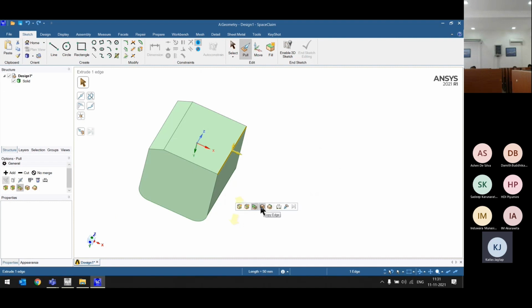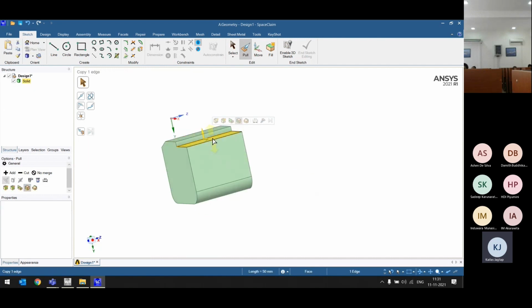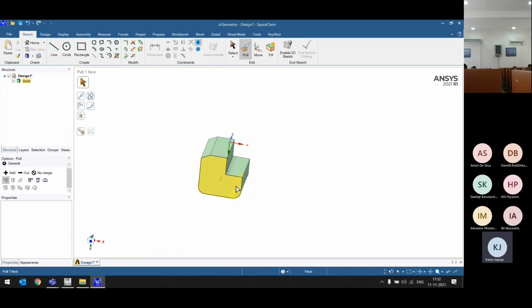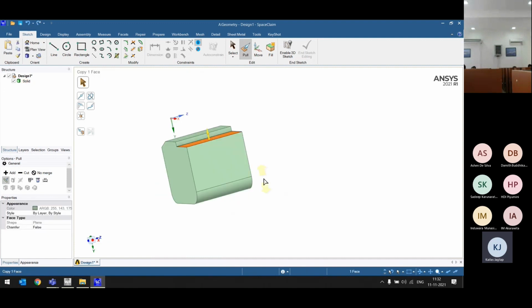Then the next option is copy edge. You can copy the edge with this copy edge option, and place it somewhere in between wherever you want. Let's say I want it at 20, so you can copy that. What happens with this is you get access to only that specific part of the solid. It filters that surface so that you can access only that specific surface. That is the beauty over here. And then again, if I do Control Z,